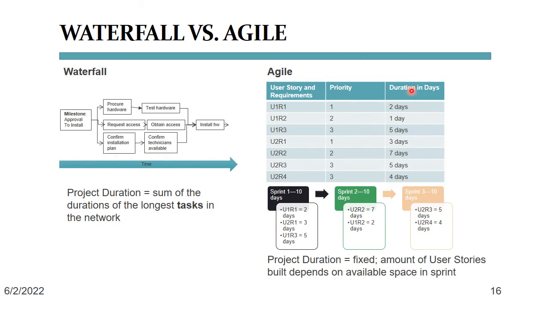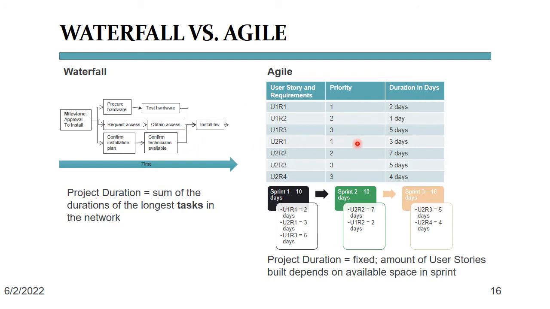With Agile, task duration determines how many of the user stories from the product backlog will be built in the available 2-week sprints. Take, for example, the 3 sprints shown in the bottom right of the slide. Each sprint is 10 workdays long. Now we need to find the requirements that might fit into the time boxes based on the priority the product owner has assigned and on the estimated duration. This is why sprint number 1 here contains U1R1,